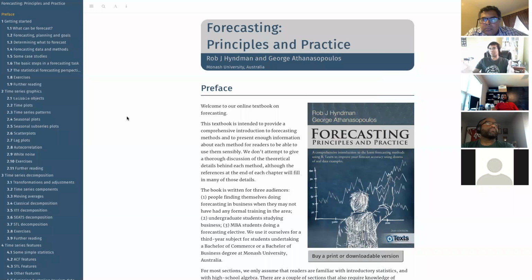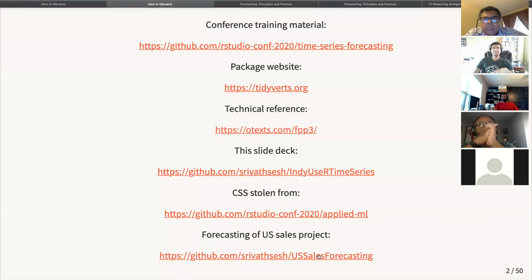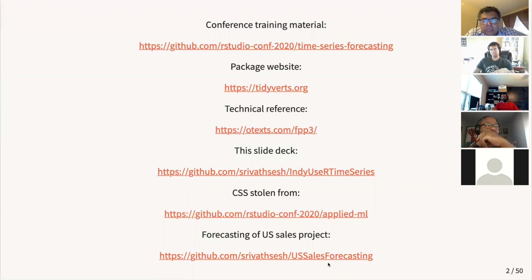This package is not perfect. It has got its bugs, and I spent a lot of time getting around the bugs. The way I did that is in my US sales forecasting repo, if you're interested. I haven't contributed to this package in any way.